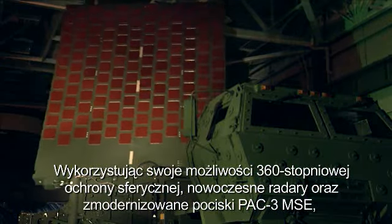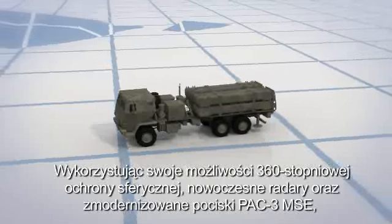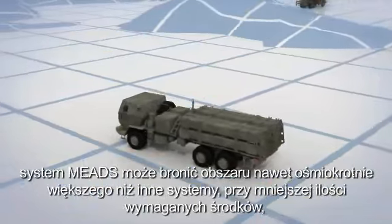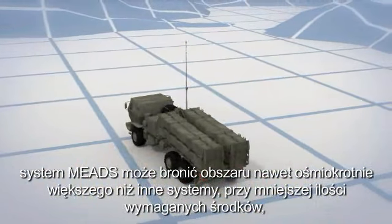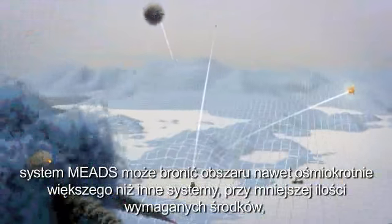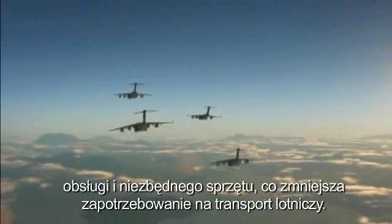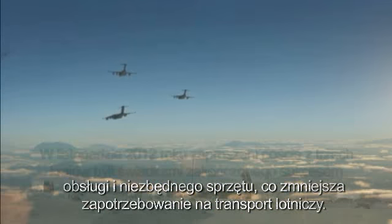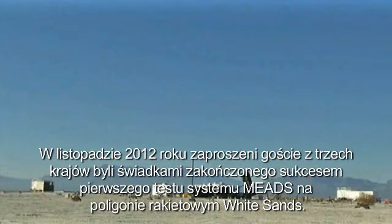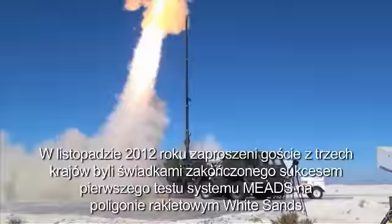Using its 360-degree defensive capability, advanced MEADS radars, and PAC-3 MSE missile, MEADS defends up to 8 times the coverage area with far fewer system assets to significantly reduce demand for deployed personnel and equipment, which also reduces demand for airlift. In November 2012, witnessed by invited dignitaries from 3 nations, MEADS successfully completed its first intercept flight test at